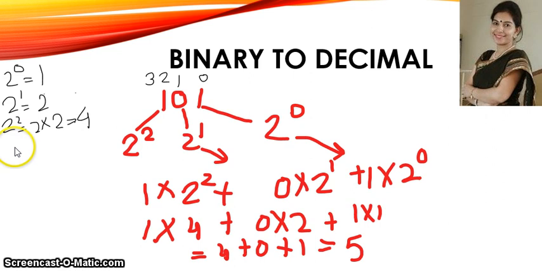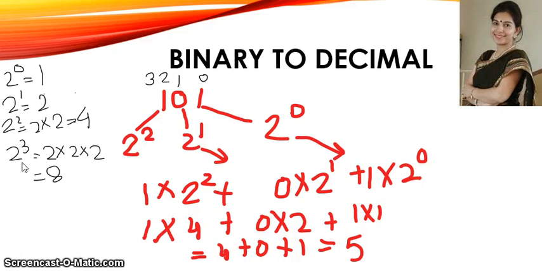So the 2 raised to the power 3, or which we call cube of 2, is 2 written 3 times with the multiplication sign in between, which is equal to 8, and so on. So you can find out the value of 2 raised to the power 4, which will be 16, then 2 raised to the power 5, which will be 32, and so on.